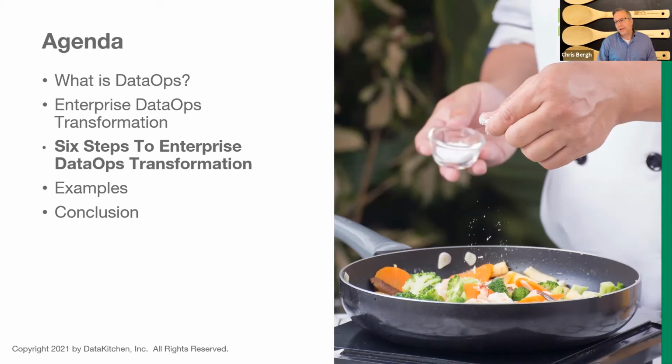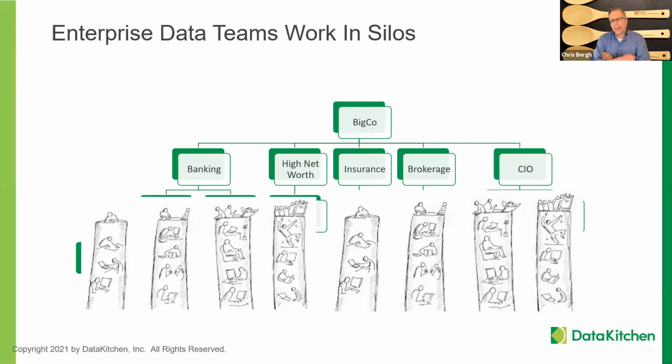It's really targeted at bigger companies. So let's say you're a big company, a big financial service company, and maybe you're broken into banking and high net worth and insurance, or you're a pharma company where you've got drug discovery and commercial and manufacturing and supporting functions, or just a multi-division company. And in general, these companies always have data and analytic teams that are aligned to the function. So insurance will have its own team and banking will have its own team. And they're kind of data and analytic teams that sort of work in silos.